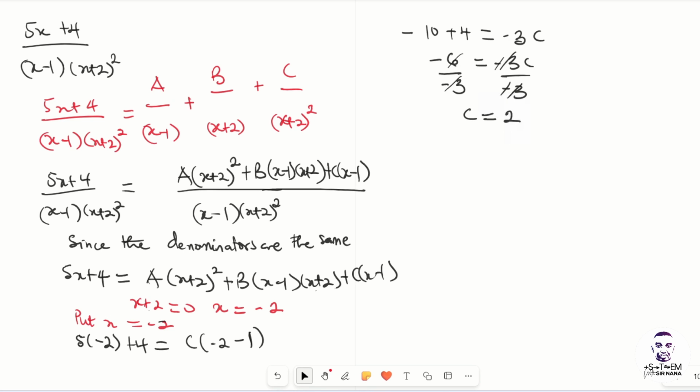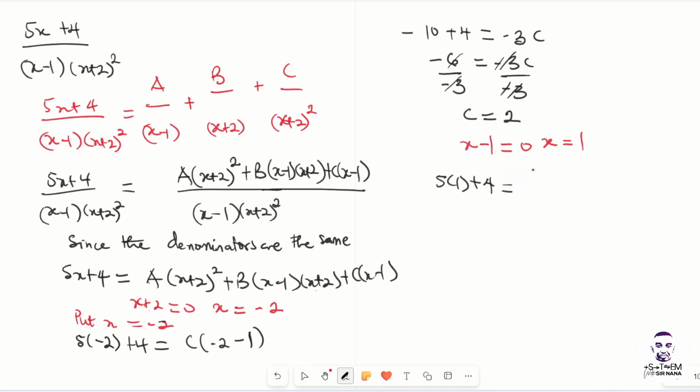Another factor we can substitute into the equation is x - 1. We can equate it to 0, and in that case x will be equal to 1. So when we put it into the equation, we are going to have 5 multiplying 1 plus 4 is equal to